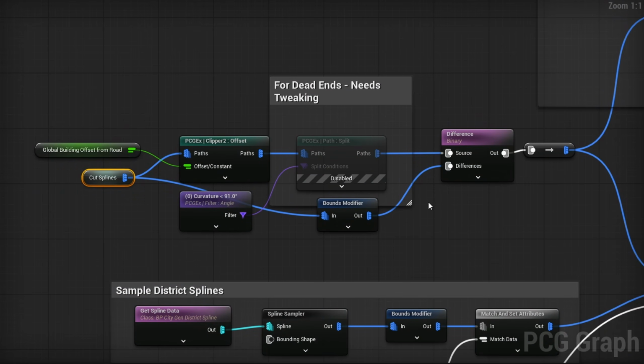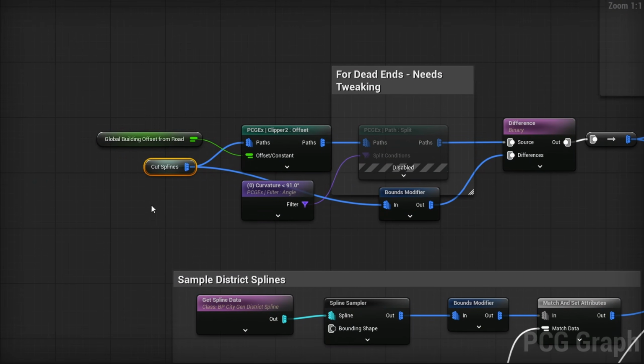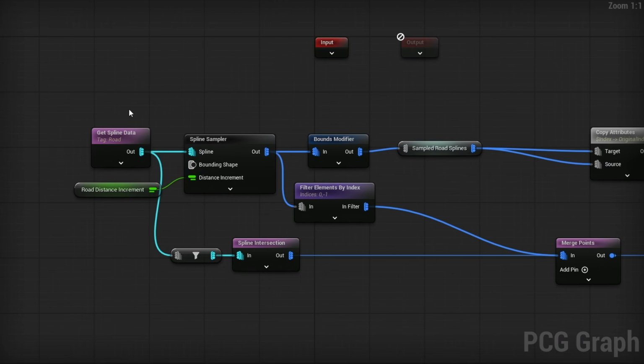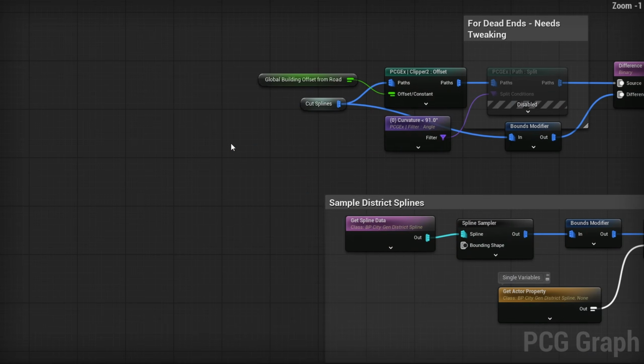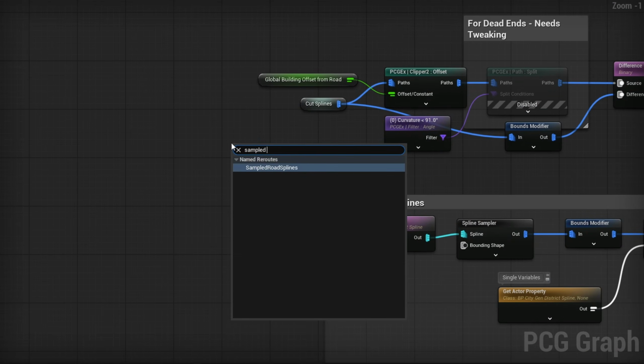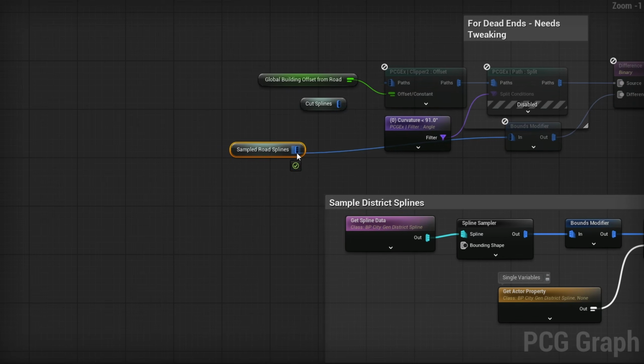Because over here, I'm still removing things that are overlapping the roads, and that's all I really need. And the cut splines don't have the intersections, so I'm just going to use this stuff here. And we already have a sampled road splines we can use. So I'm going to right click and grab my sampled road splines. I'm going to change the cut splines for the sampled road splines and make sure to re-plug it into the